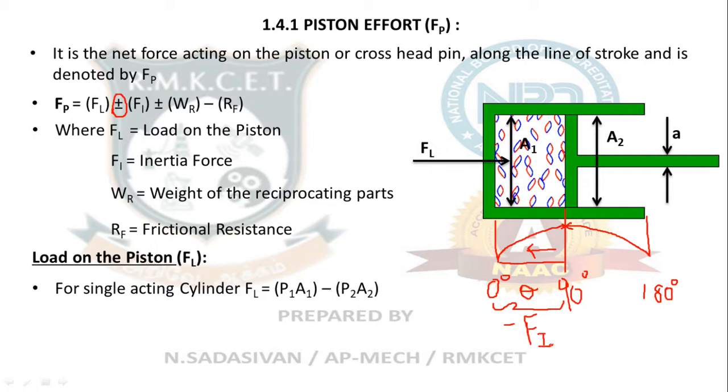If your theta for the given problem is between 90 to 180, your piston is trying to slow down, therefore your inertia will push you further. Therefore there you have to add the inertia force. Inertia force will not let you stop.